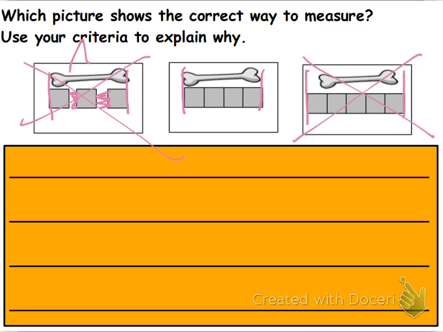So I'm going to say picture A, B, or C. So I'm going to say picture B shows the correct way to measure. Now, excuse my handwriting because I am writing with my finger. So picture B shows the correct way to measure because